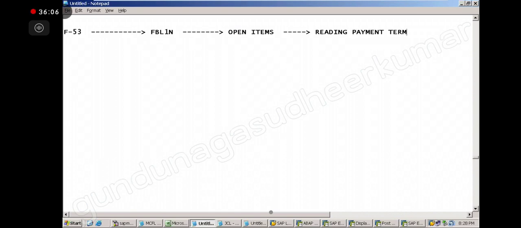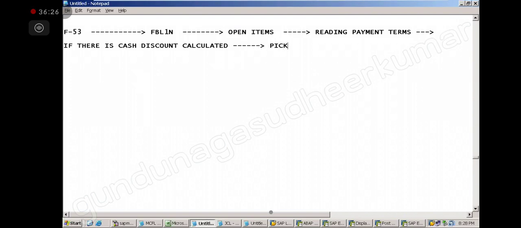And for these payment terms, if there is any cash discount that has been calculated, in our case 3% is coming up now. So they have written: pick that cash discount amount.